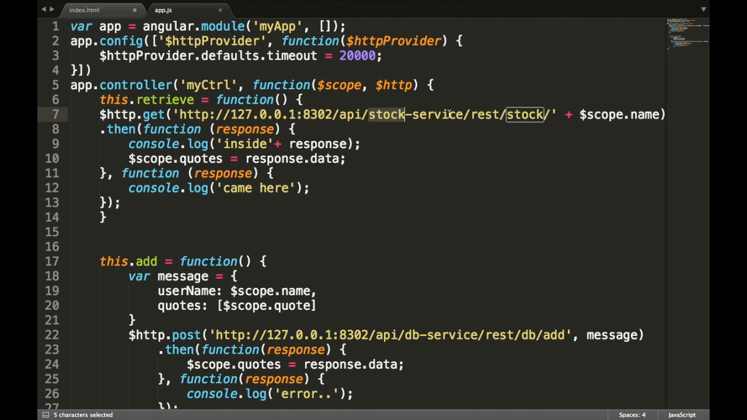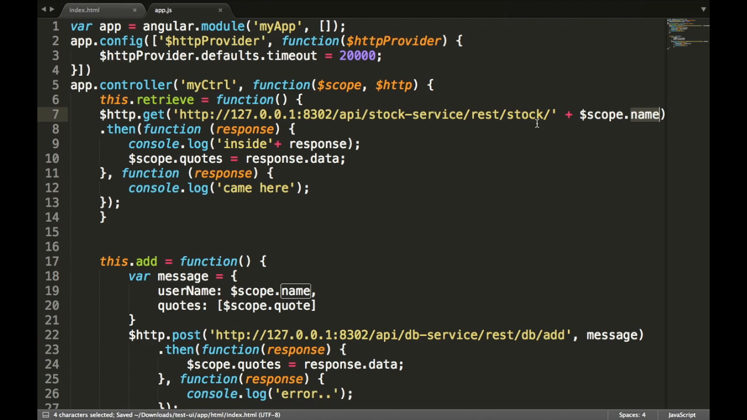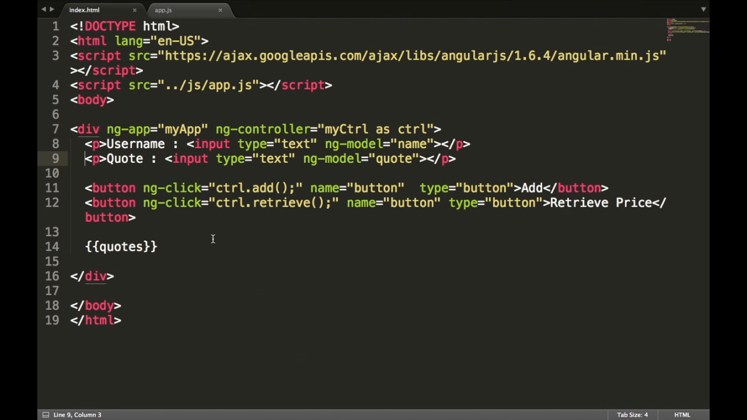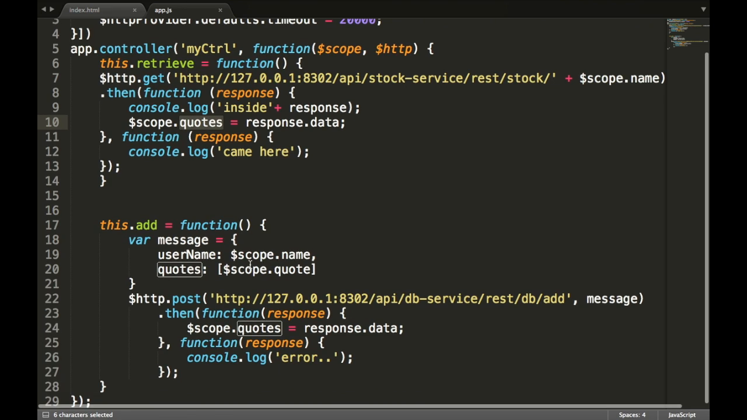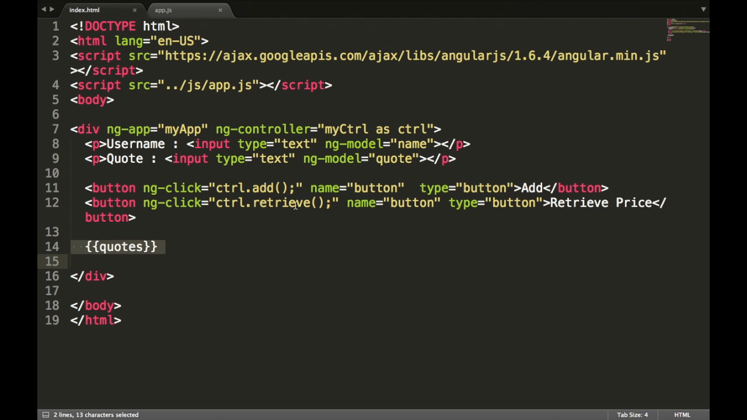So it is going to go to stock service and retrieve the stock for that particular name, whichever we provided in this username text box. Whatever name we provided in the username text box, it is going to query for that particular user. The response is going to be pushed inside a variable called quotes, and that quotes I'm just printing here, nothing else. And for the other method, if there is an add button action which got triggered,